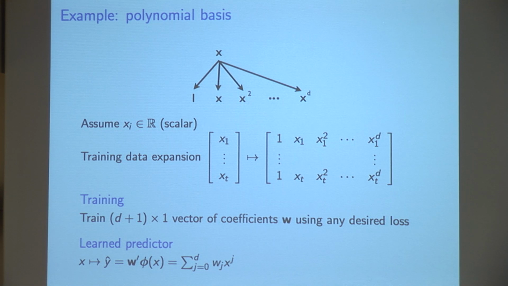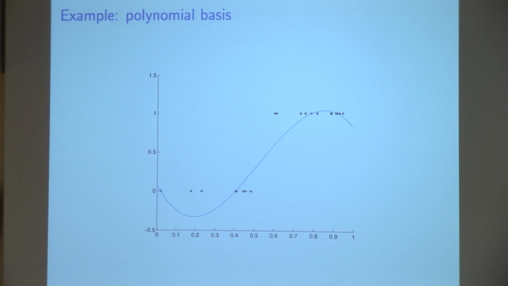So once we've learned the weight vector, if I get some new example x and I want to make a prediction on that example x, I just first do the same preprocessing step, expand that new example x out into its feature representation, take the inner product with the weights that we learned on the training data, and get your prediction. Couldn't be easier. Here's my third order fit to that data. I don't have to rewrite the linear program. It's just the same linear program.